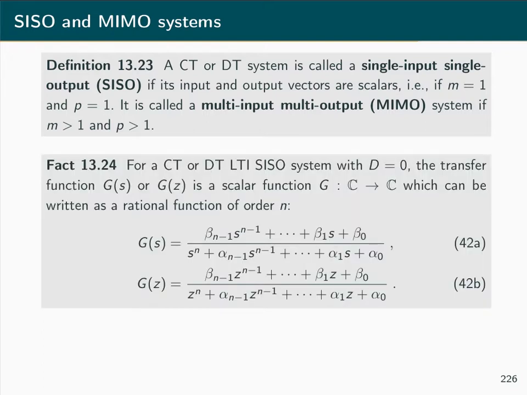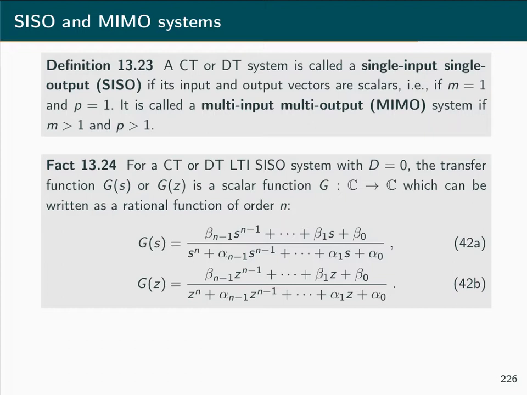Then we consider a continuous time or discrete time LTI SISO system with the throughput matrix D being equal to 0. The transfer function of this system, which was defined in chapter 9, so g of s in the continuous time case or g of z in the discrete time case, is a scalar function that maps from the set of complex numbers into the set of complex numbers, and which can be written as a rational function of order n, which means that in either case, the denominator of the transfer function is a polynomial of degree n,